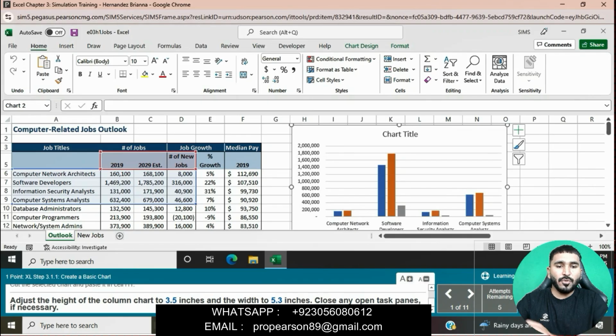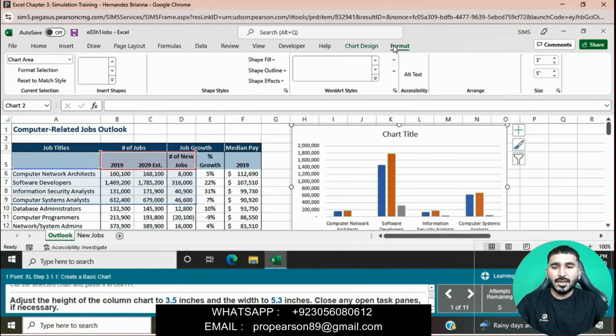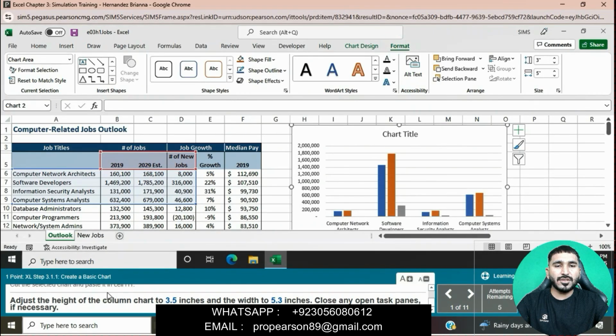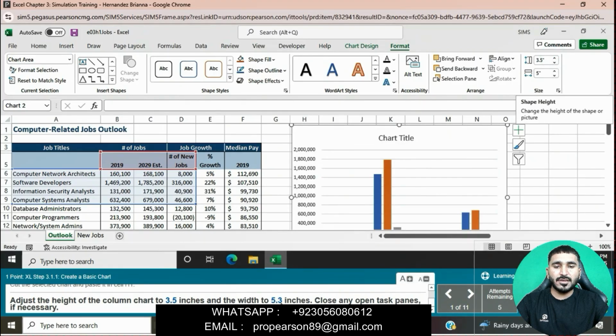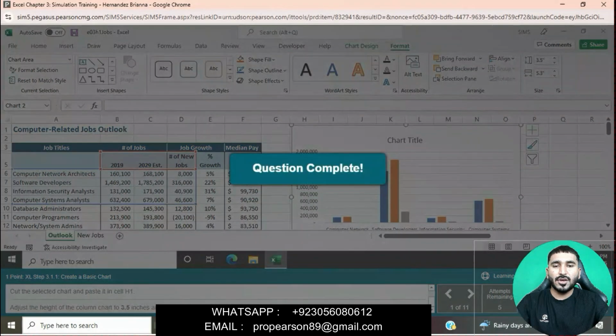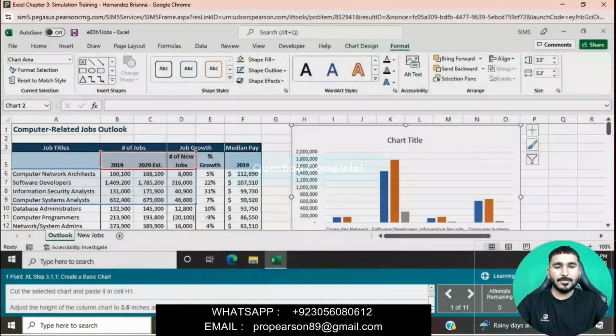Close any open task panes if necessary. Basically, in this question, we will set the height and width of the chart. Go to the Format tab. In the size group, height is 3.5 inches and width is 5.3 inches. We will set here. Question is completed now.